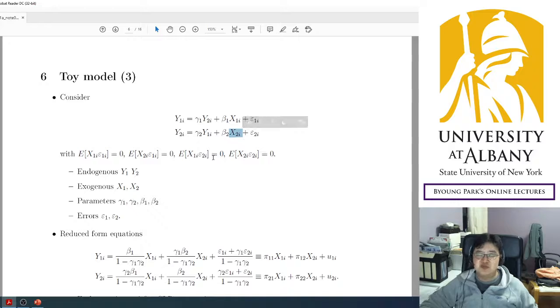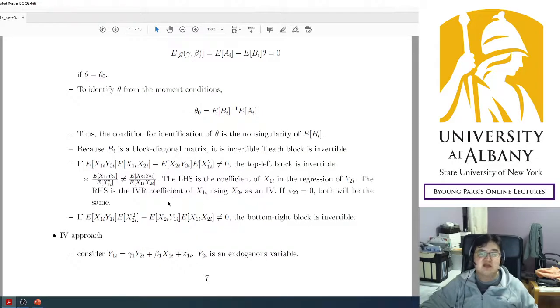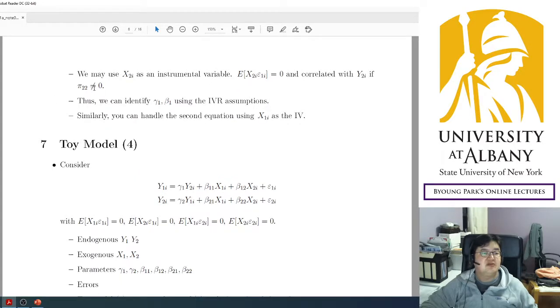x2 is a perfect instrument because it is exogenous. It is not included in the first equation, and it is correlated with y2 if beta 2 is not 0. So it will be a good instrument. That's the intuition behind the IV approach. If it's not 0, then everything will be nice and fine. Okay, so now,